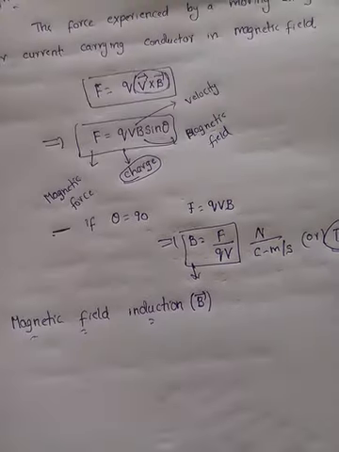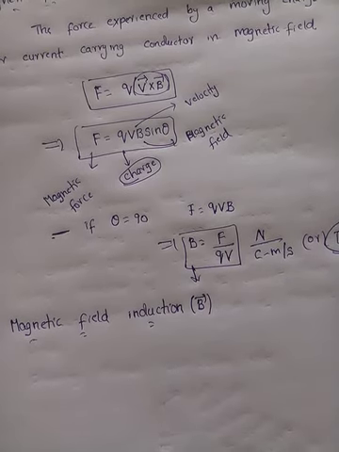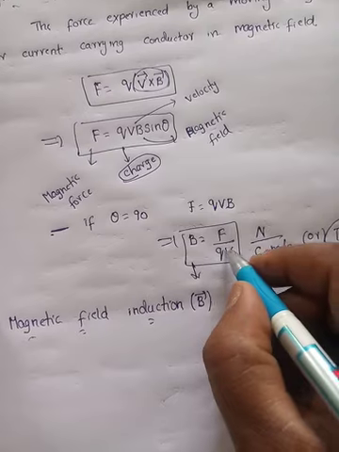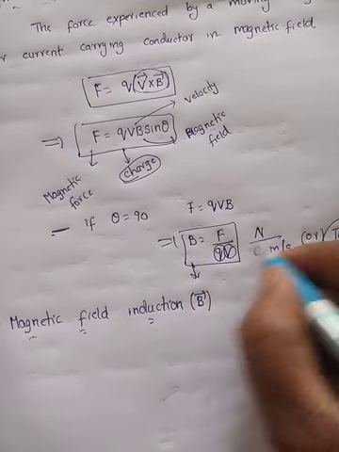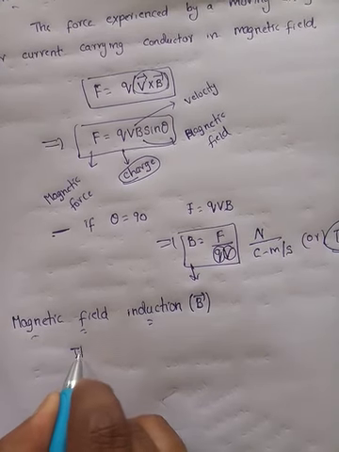This is a vector quantity. So what is the definition of magnetic field induction? When Q is equal to 1 and V is equal to 1, then B is equal to F. So the same thing we are going to do. It is defined as